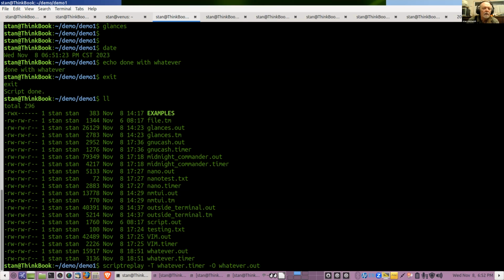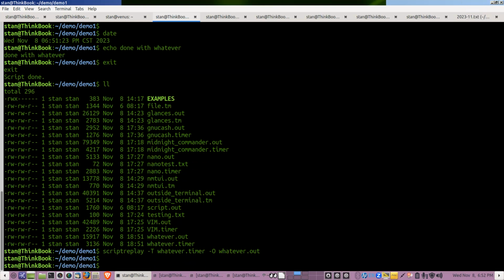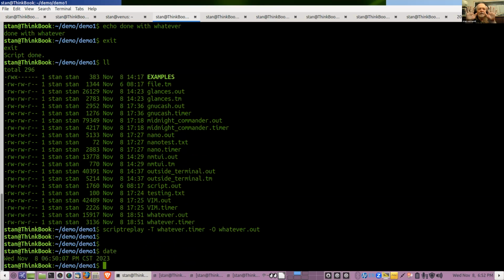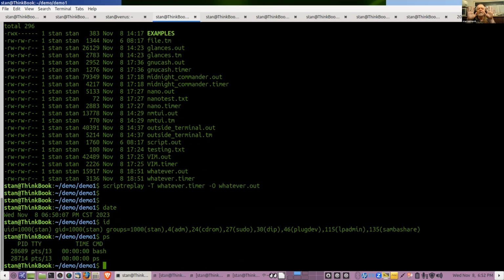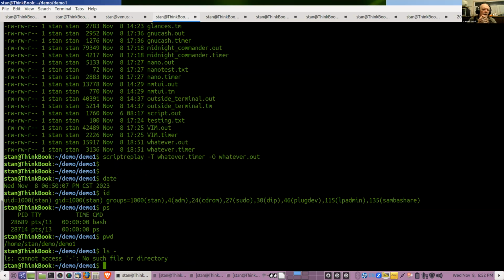Now, if I run this, I'm taking my fingers off the keyboard, folks. Somebody typed date, and there's the date. That's not the time now; that was two minutes ago when it started. And there's the ID that came up. I typed PS, PWD. Typo, whatever.